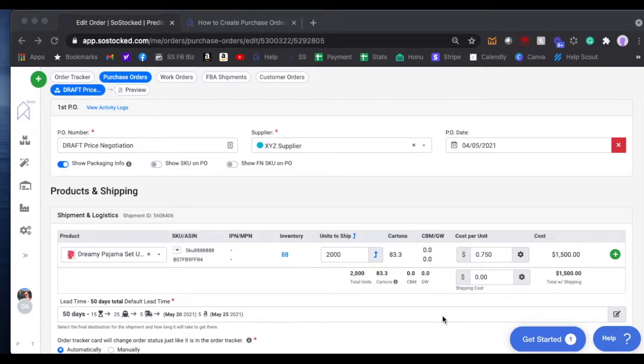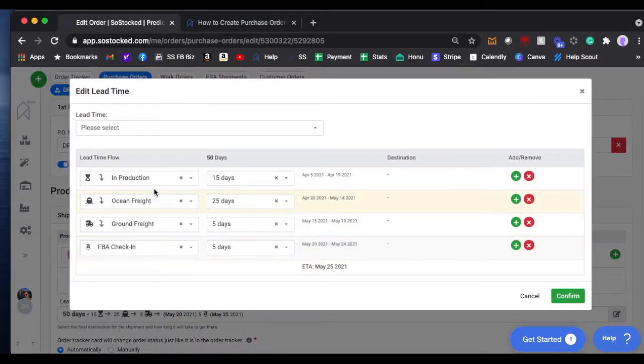When you're creating your purchase order in SoStocked, down here, the entire purchase order is always based on a lead time. So if your lead time, for example, ends at FBA, let's just look into this real quick. Click in here. So if your lead time starts with production and ends at FBA, that's a pretty straightforward lead time. You're ordering from your supplier, it goes on a boat, it goes on a truck, it ends at FBA,